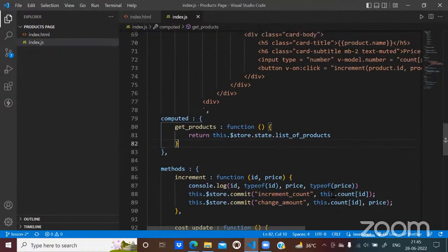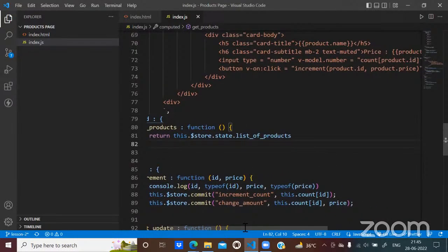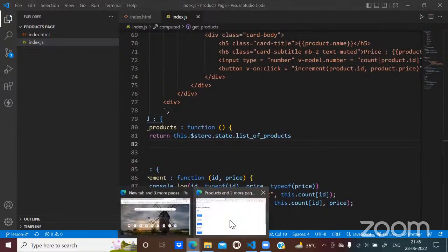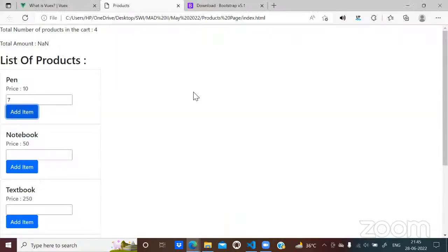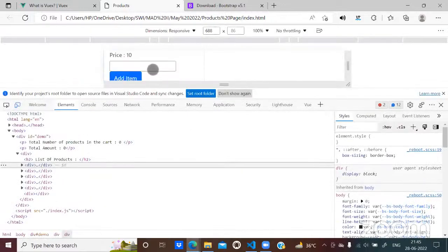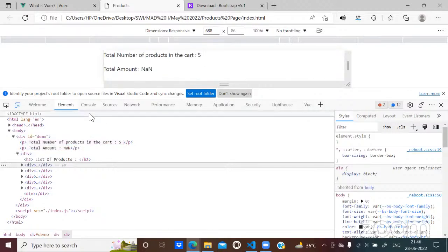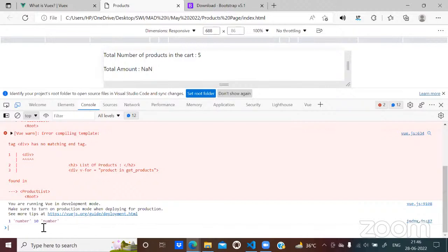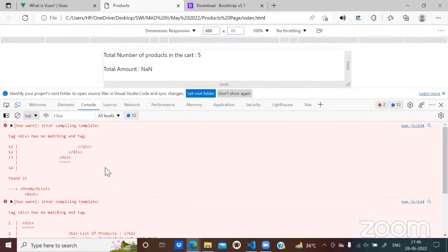So this increment is going to be invoked when you click on that button. Refresh it. Five, add item, 5. So one number, 10 number. The issue is